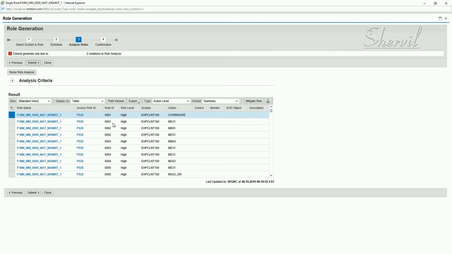So in order to generate this role, ideally, you would have to either remediate the risks, meaning remove one of the conflicting transaction codes or authorizations or whatever the case may be. You have to remove one of the conflicts, okay?